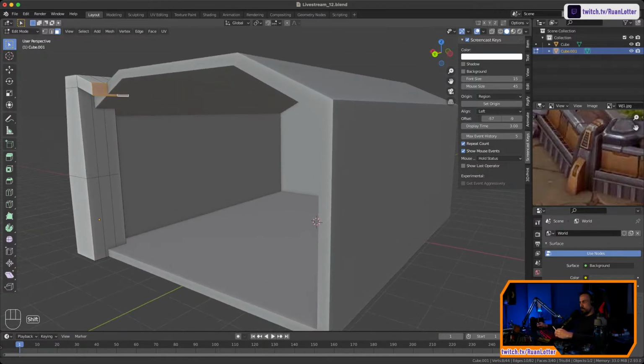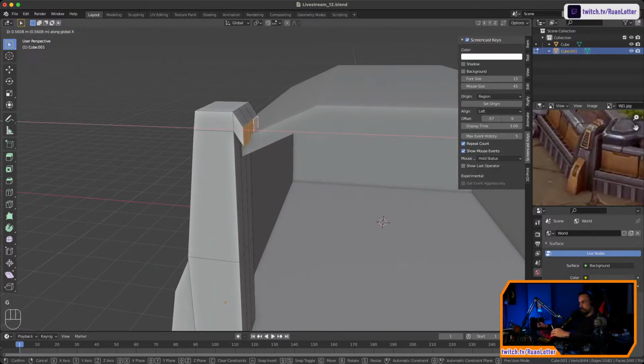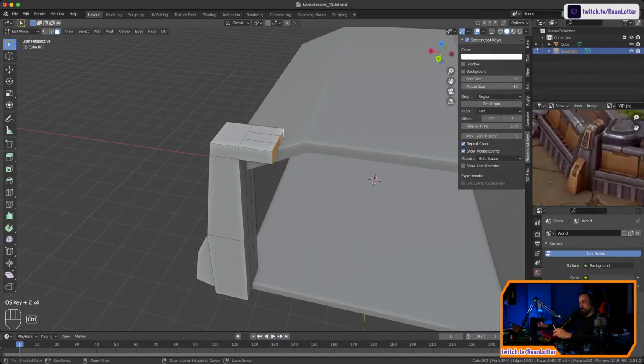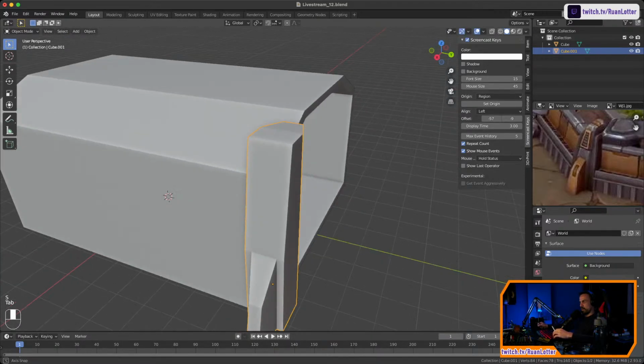Okay, so I don't know what I'm doing here. This is not really working for me, this part. So maybe let me just undo that. Maybe if we just scale this inwards, and then